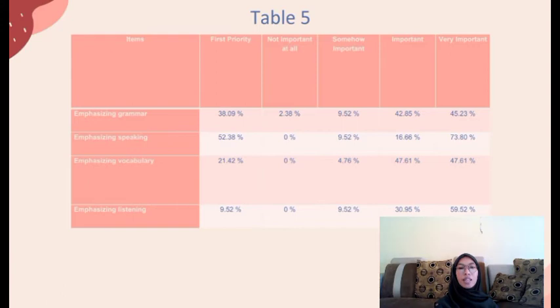73.89% of the students state that emphasis in speaking is very important. This percentage shows the majority of the students prefer teachers to work on their oral skills in comparison to other skills. This is reflected in the priority the students gave to teachers who focus on speaking too. More than half of the participants marked this item as their first priority. Moreover, only 2.38% of the students marked the not important at all option for emphasis in grammar, which shows the modest importance